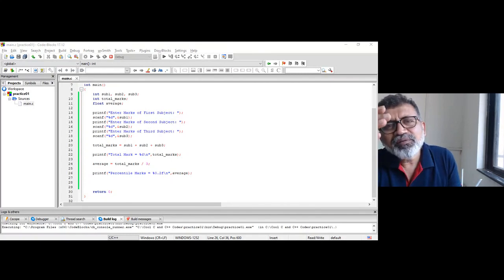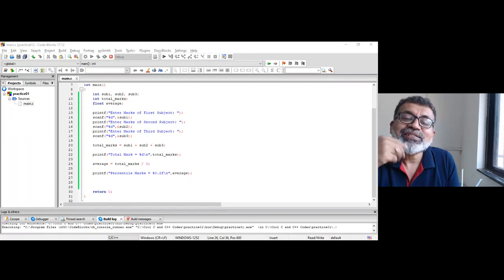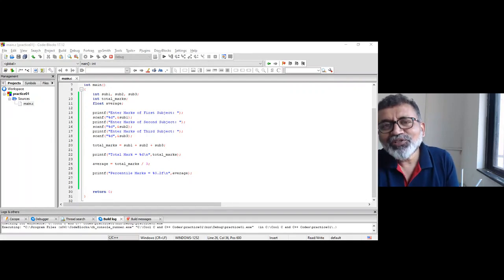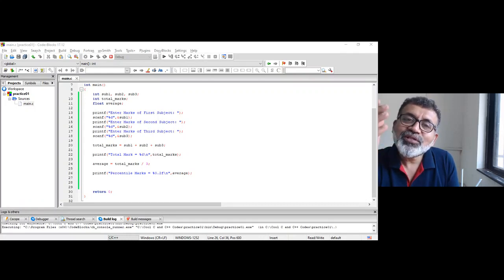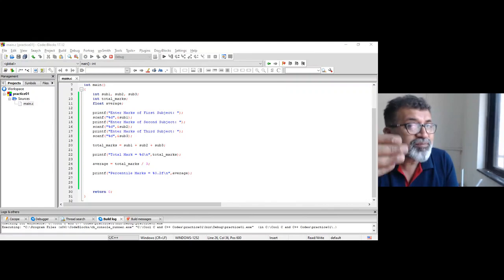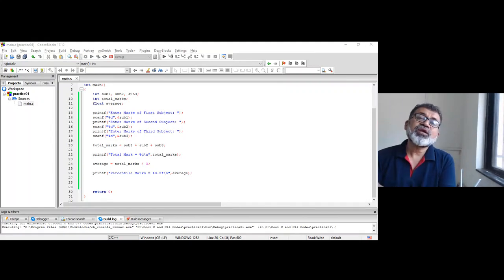Sometimes students ask me why that print and f is there, or scan and f is there. Basically, a few say that that is a print function. Printf stands for function, right? Scan function. Okay, partially it is true, but the better way is, that is a formatted function. So that f is taken from formatted. These functions are formatted functions because you are using that percent d, percent f, right? So you can format that output on the screen, right?